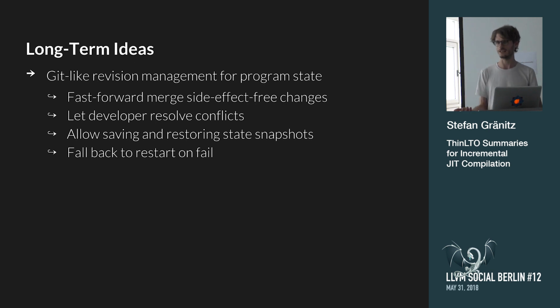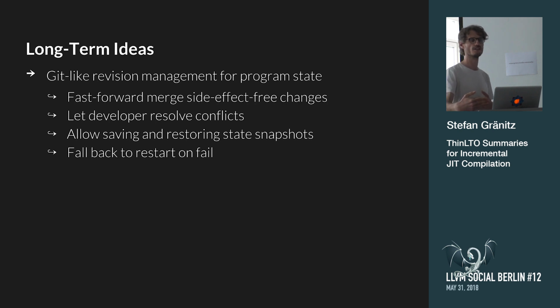It actually has side effects, but we know that it will not change the behavior of our program. It would be possible to fast forward merge this in our program state, and other changes that maybe create conflicts with the state we have already in our program